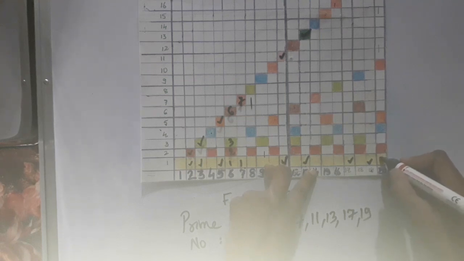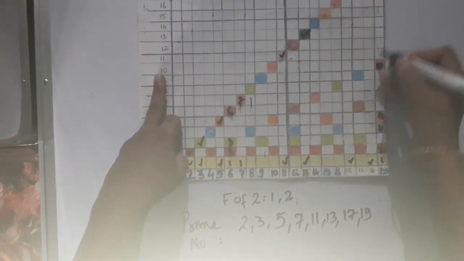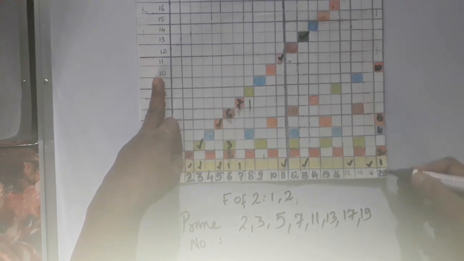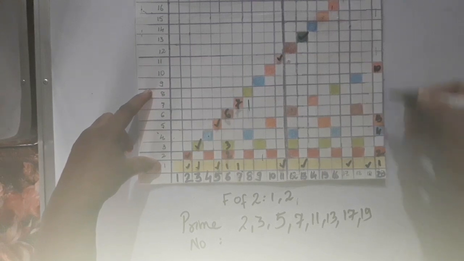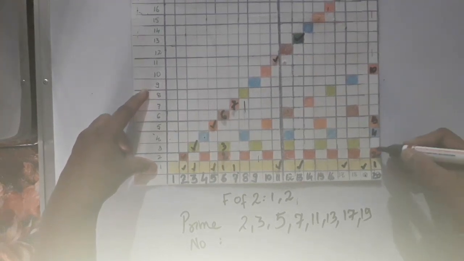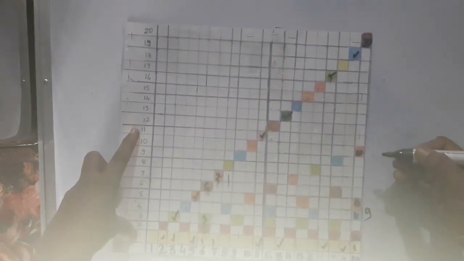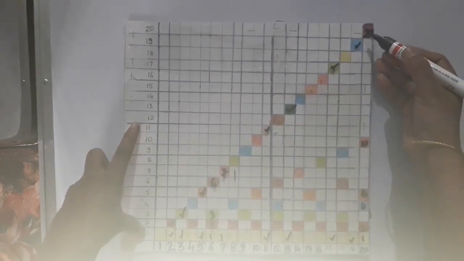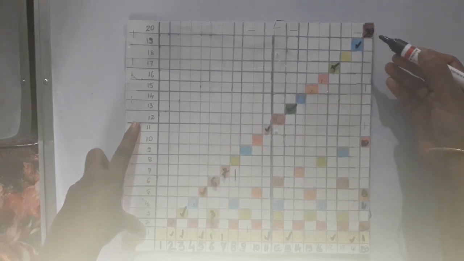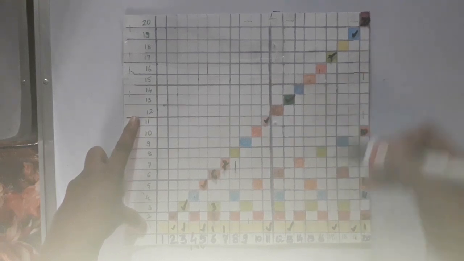20, no. You can see 1, 2, 4, 5, then 10 and 20 colored. So it's not a prime number. Also you can see the factors of 20 are 1, 2, 4, 5, 10 and 20. You can count also, that is, factors of a number are finite. Also you can see that a factor is less than or equal to the given number. Factors of 20 will never exceed the number 20. Factors of 18 will never exceed the number 18.